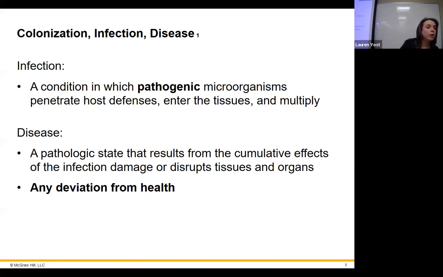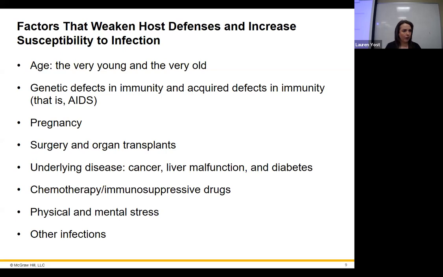It's the truth. So, right, infection, we know this is going to be anytime we have pathogenic organisms. That's important. We say pathogenic, they have to at least have the propensity to be a pathogen to us. Maybe not right at first. Something like staph might be normal on somebody's skin, but we get a shift in their biome and they can become an infection, right? Or transfer it to somebody else, and it could be an infection to somebody else. But it still is a pathogen because it can cause disease, which is the second part, which is any deviation from health.